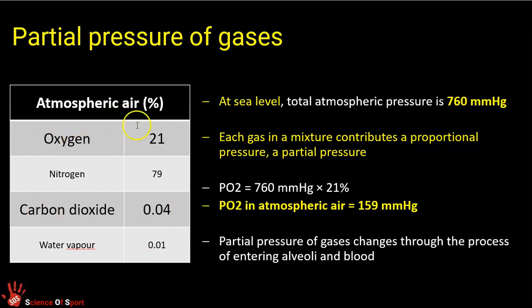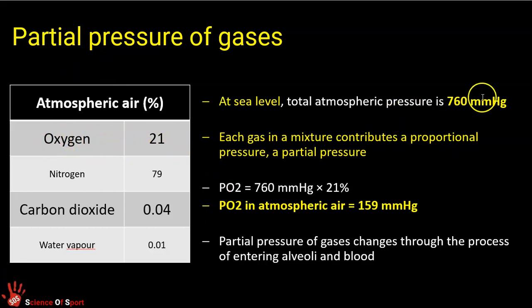And all these gases combined have a pressure of 760 millimeters of mercury. As a whole, as 100%, they have a total atmospheric pressure of 760 millimeters of mercury. Now, when we learn about diffusion, we will need to just talk about CO2 and oxygen only, not all of them. So what we need to know is what are the partial pressures of these individual gases,